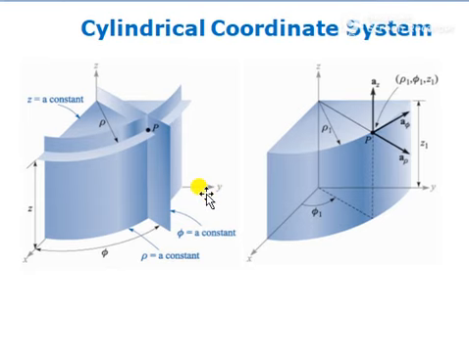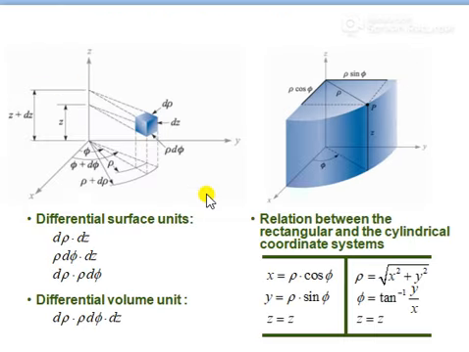Now next, what we need here are the differential elements in the cylindrical coordinate system. This is a differential element in the cylindrical coordinate system. So how will we get this differential element? As we studied in Cartesian, if I consider a point at this corner, with coordinates rho, phi, z, now let each coordinate be increased by a differential amount. That differential amount will be d rho, d phi and dz.